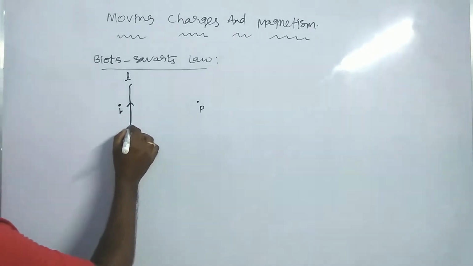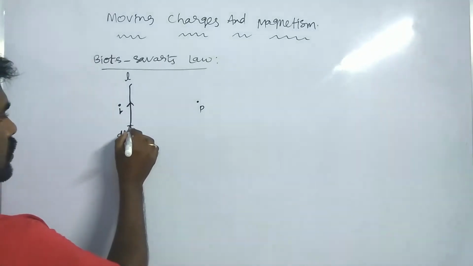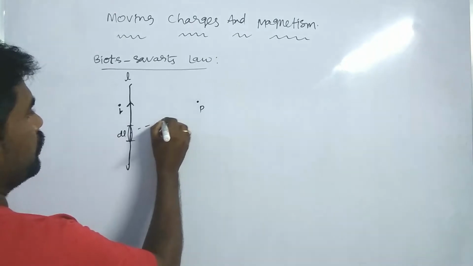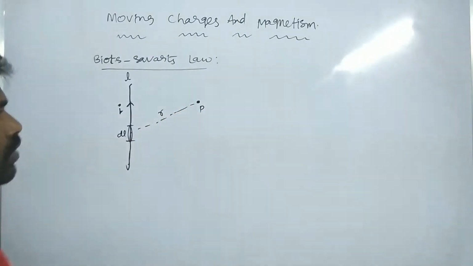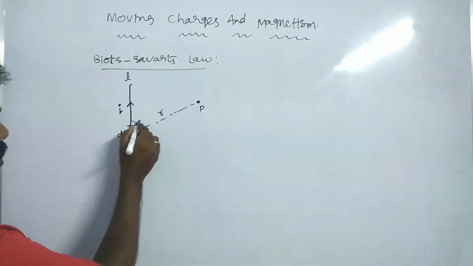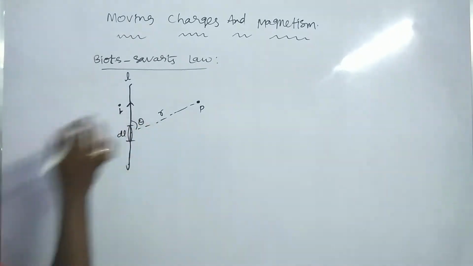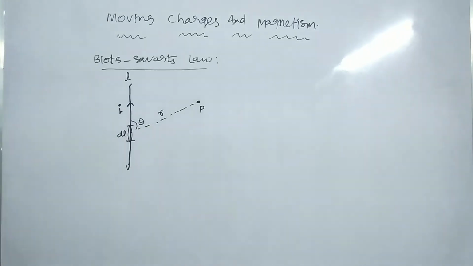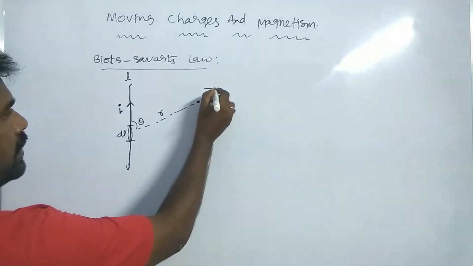Here we have to assume some small element, that is dl, from this point to the point P, at a distance of r. The angle made by the dl and r is theta. So here, to find the magnetic field,